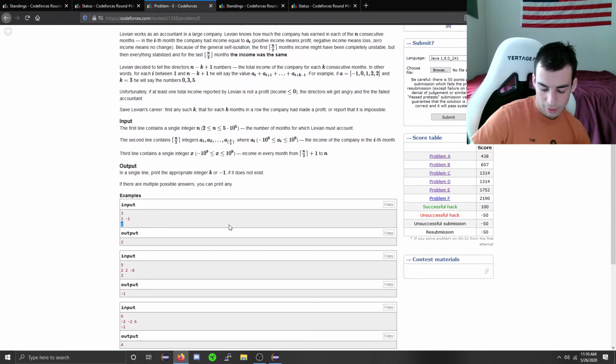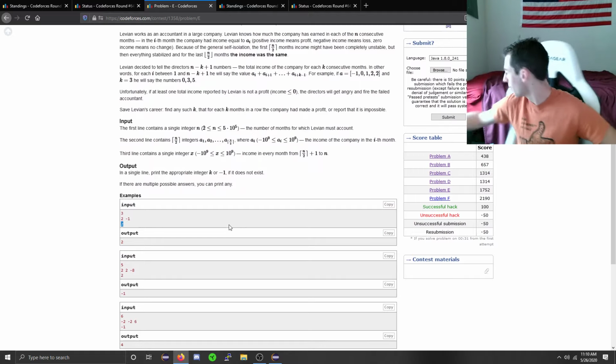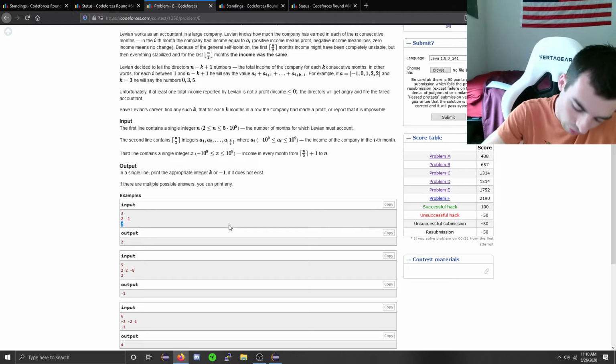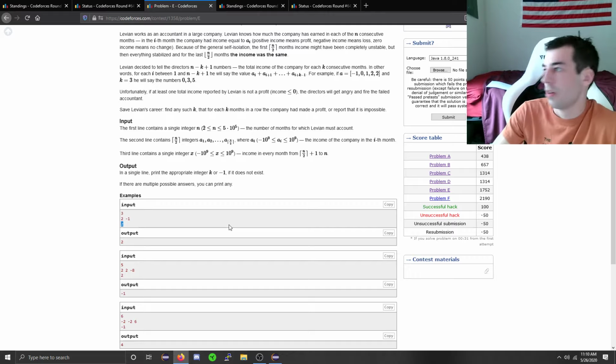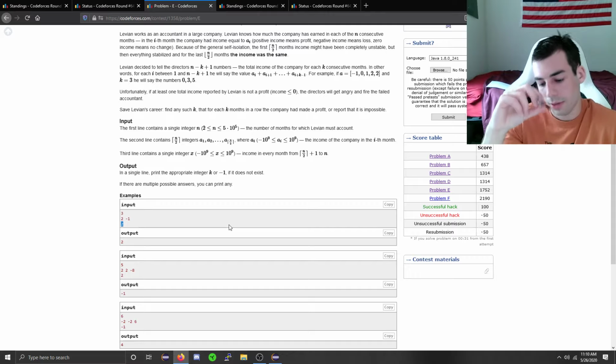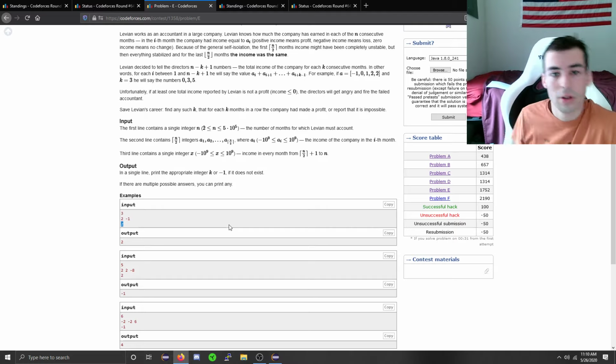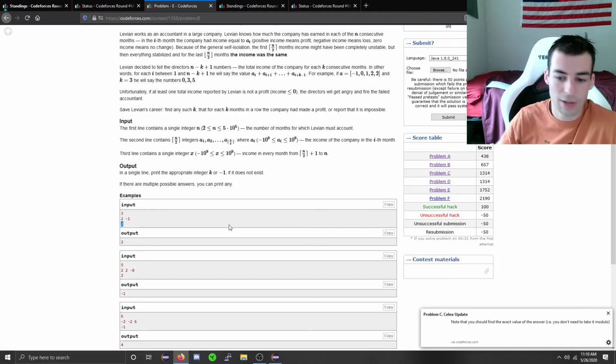Well, alright, so let's say the second half is all positive, right? The only reason -4, 5, -4 works is because you can count the positive more than you count the negatives. Like the positive is comparatively more important, I guess, or you can count it multiple times, but you can't count the negatives multiple times. But if the end of it is positive, like if the last half is positive,